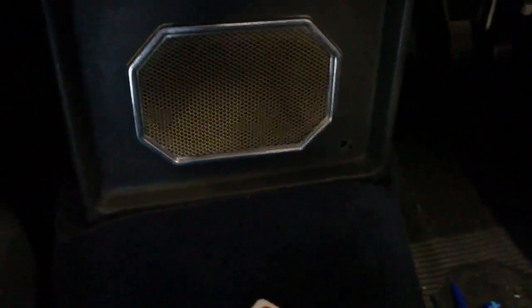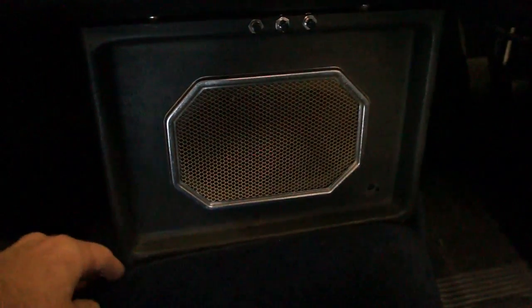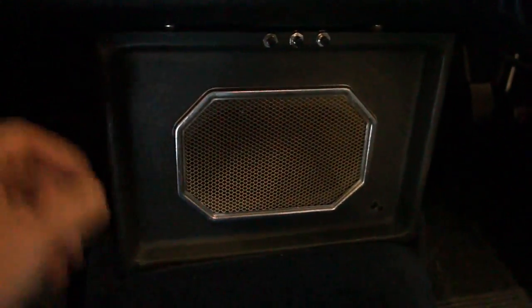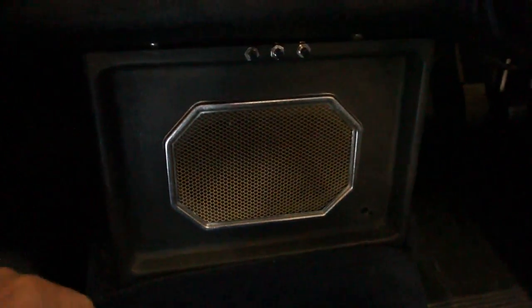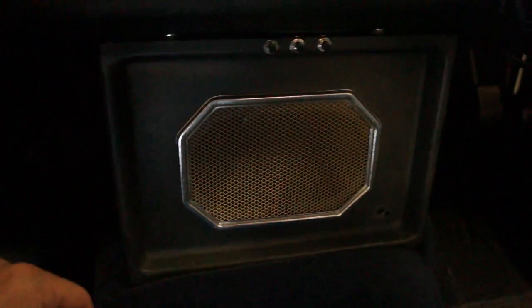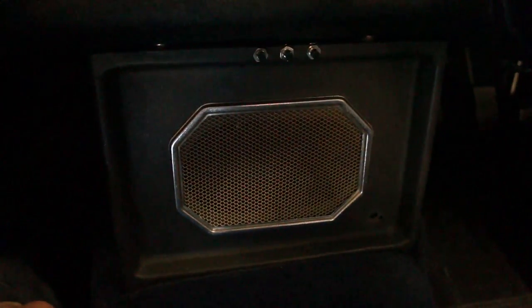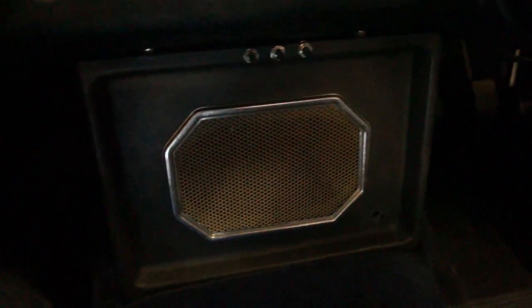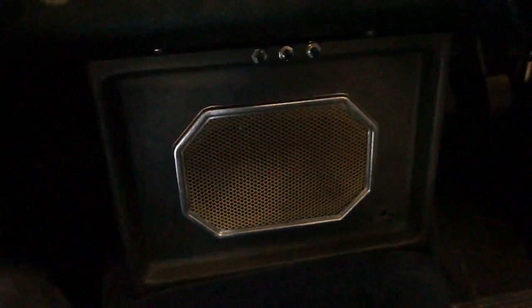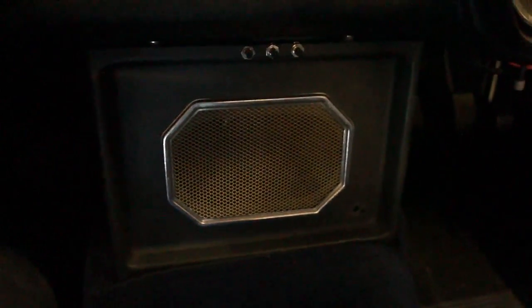I have a whole new shroud piece that I'm going to fit in eventually. I'm mocking it up with this one first to make sure I have it the way I like it, and then when I do the final one with the new plastic shroud, I'll make sure that all the pieces are exactly where I want them. But yeah, it fits well. Everything looks good, and